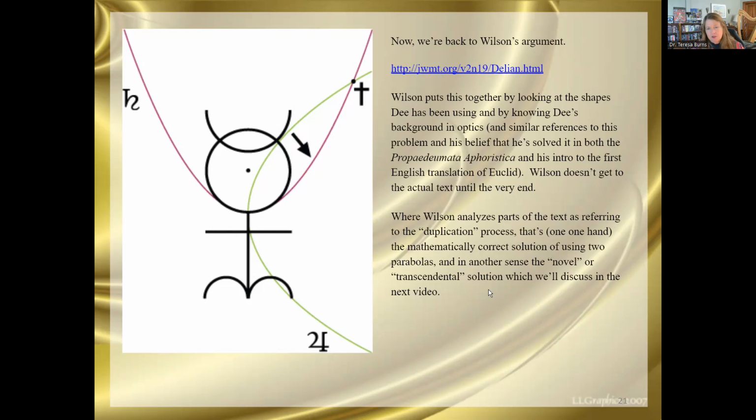At the very end, Wilson will get to the text, where Wilson analyzes parts of the text as referring to the duplication process. That's, on one hand, the mathematics you would need to do to solve the doubling of the cube problem with parabolas. And at the same time, it is the novel or transcendental solution, which we're going to discuss in the next video. But before I wrap this up, I want to show you a couple more things,